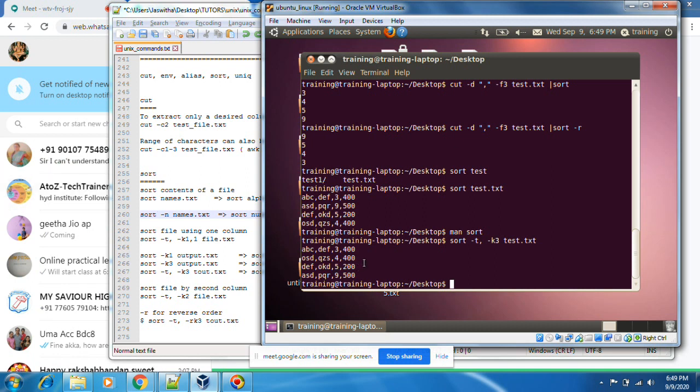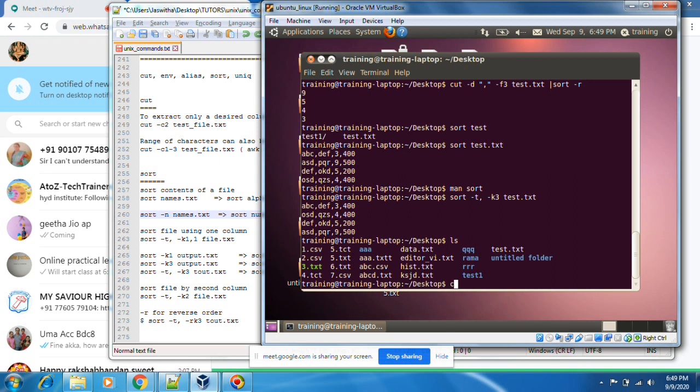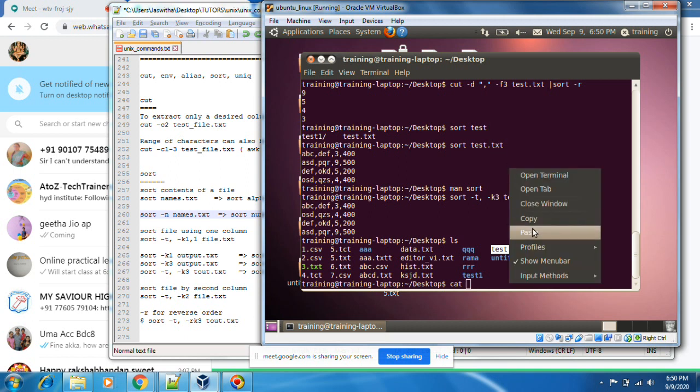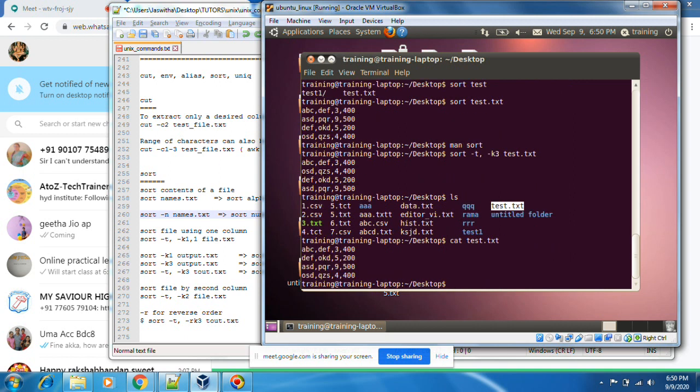Sort generally means alphabetical order. Think of a dictionary; if you open a dictionary, it is in alphabetical order.